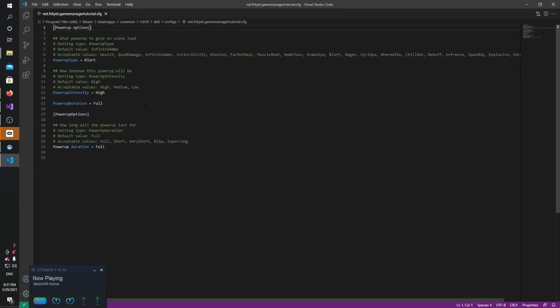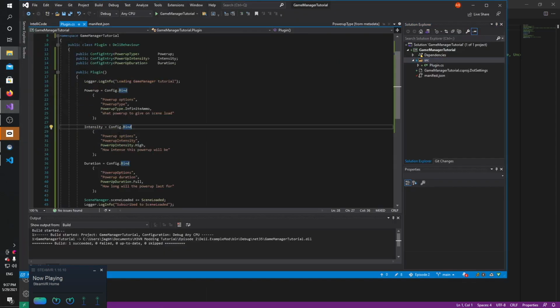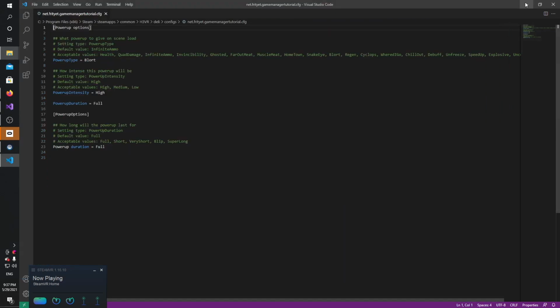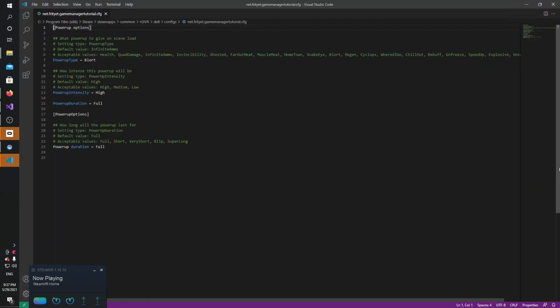Instead of being blort, let's change it to, oh, what? Why did it change again? Oh, okay. Well, that doesn't really matter, and I'll fix that later for when I actually push this. Let's change it from blort to